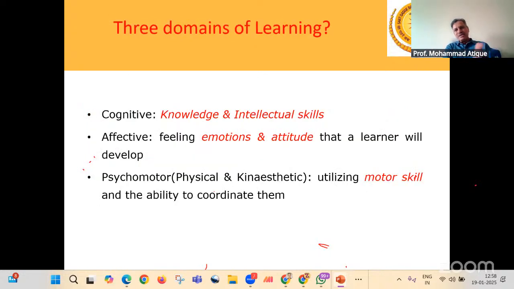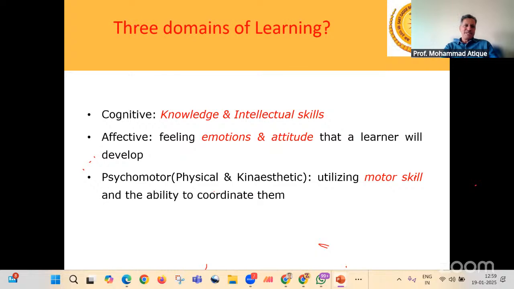So I was talking about the 3 domains of learning, right? The very first domain is the cognitive domain. If you look at the educational system in our country, we give undue focus on the cognitive aspects, wherein we talk about knowledge and intellectual skills, right?